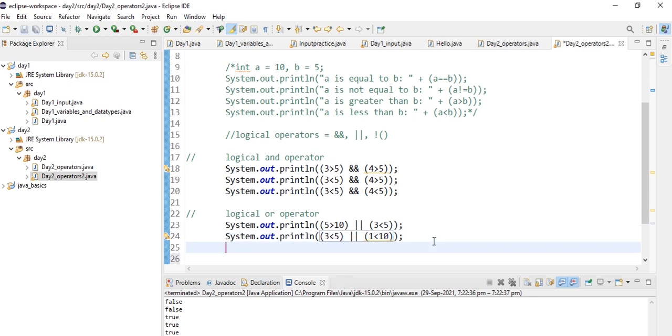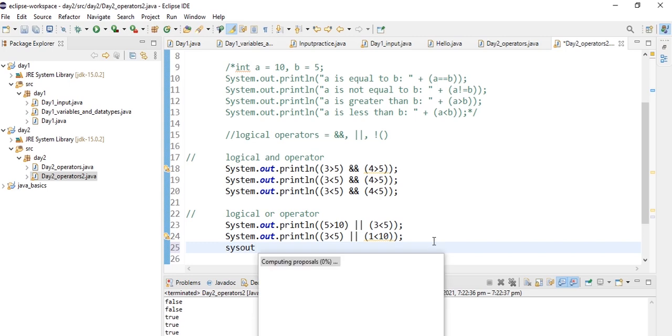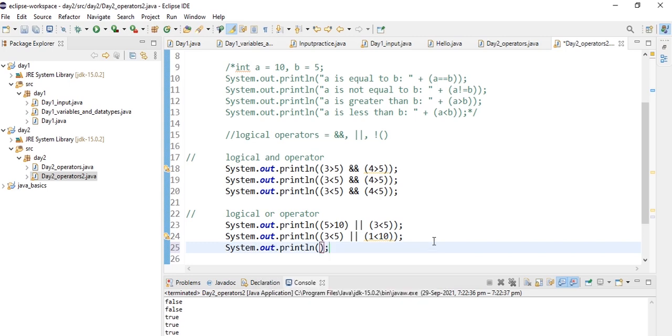Now what if both are false, that is 3 is greater than 100 or 1 is greater than 99. If you execute this, we will get false because not even one expression is true. 3 is greater than 100? 3 is not greater than 100. And 1 is greater than 99? No, 1 is less than 99. So both are false, so it is evaluating to false.